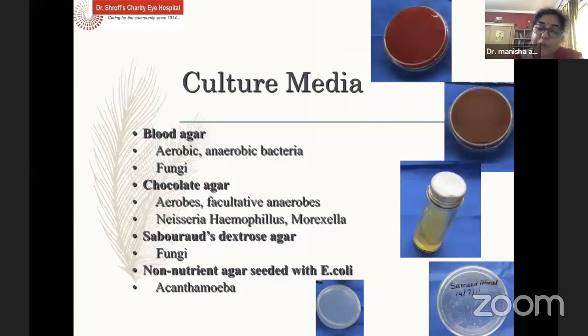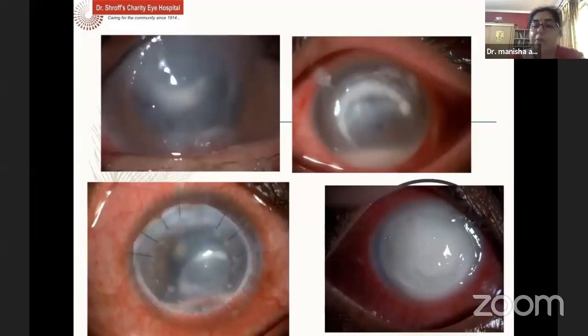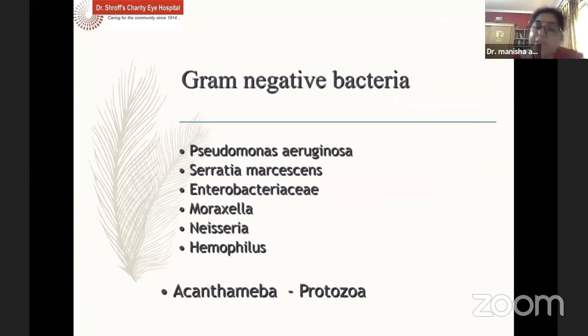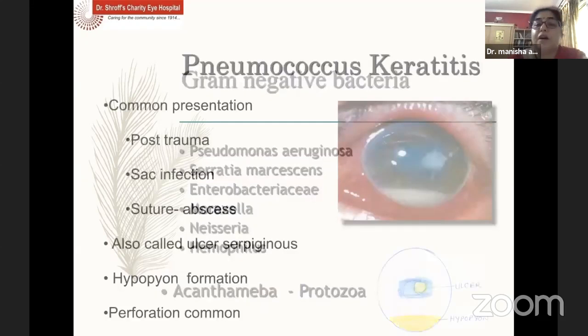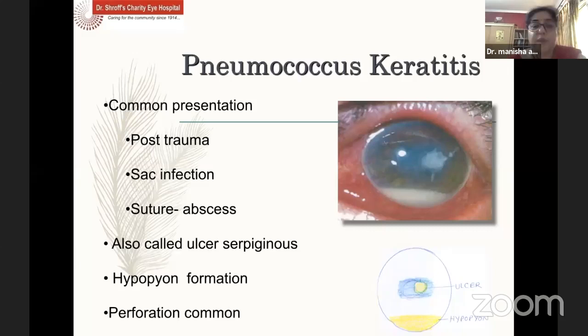Bacterial keratitis can present in any of these forms, from a small lesion or a suture infiltrate to a large infiltrate limbus to limbus. Now, the causative organism can be a gram-positive bacteria, with an array of organisms, or a gram-negative bacteria. Acanthamoeba, though not a bacterial infection, must also be considered whenever we are dealing with a very painful condition and a central ring infiltrate. Just a brief about the organisms which you can suspect.